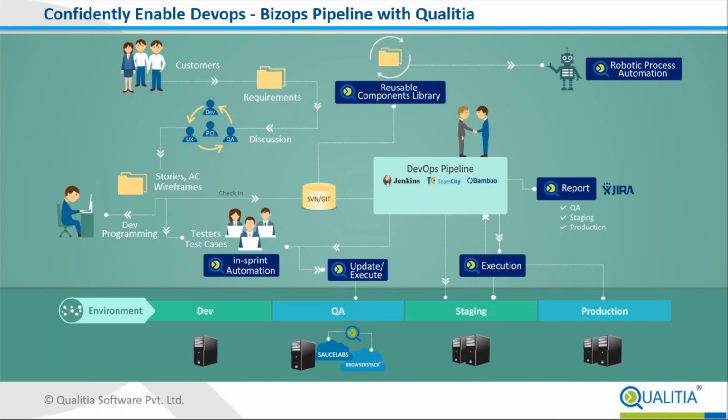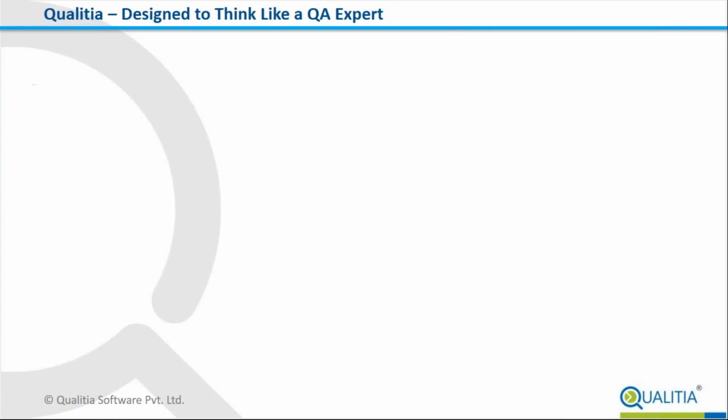And once the Kulesia reports pass, the same reusable components library, which is consistently being updated, is now made available for robotic process automation for our users. This is what many of you do today with Kulesia. And we are excited to inform you that all of these capabilities are seamlessly now made available for even mobile automation using Kulesia with 4.1. So with this, maybe we can start looking at specific capabilities for mobile automation that we have introduced in this new release.